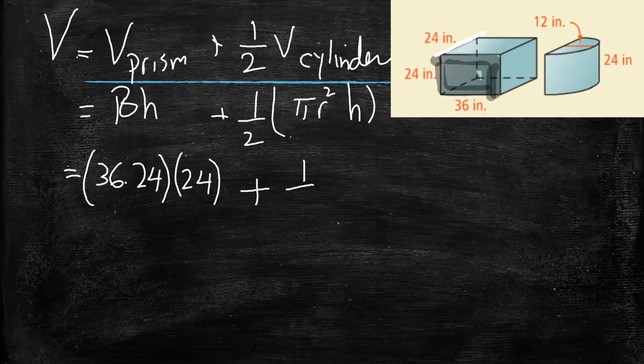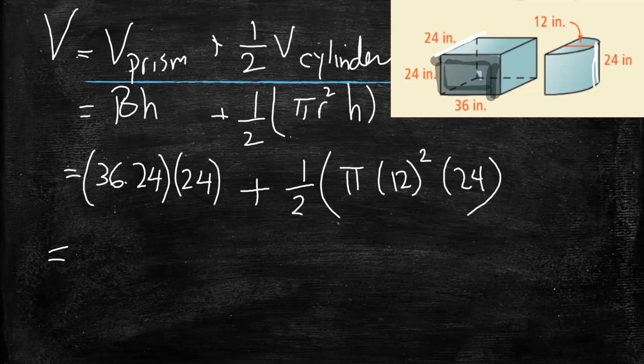Now plus half times pi. Now what is the radius here? Which is 12, squared, 144, times. Look here now. I need to find the height, which is perpendicular, which is 24. Now let's find the final answer here. 24 squared times 36, plus 144 times 24 divided by 2. So plus